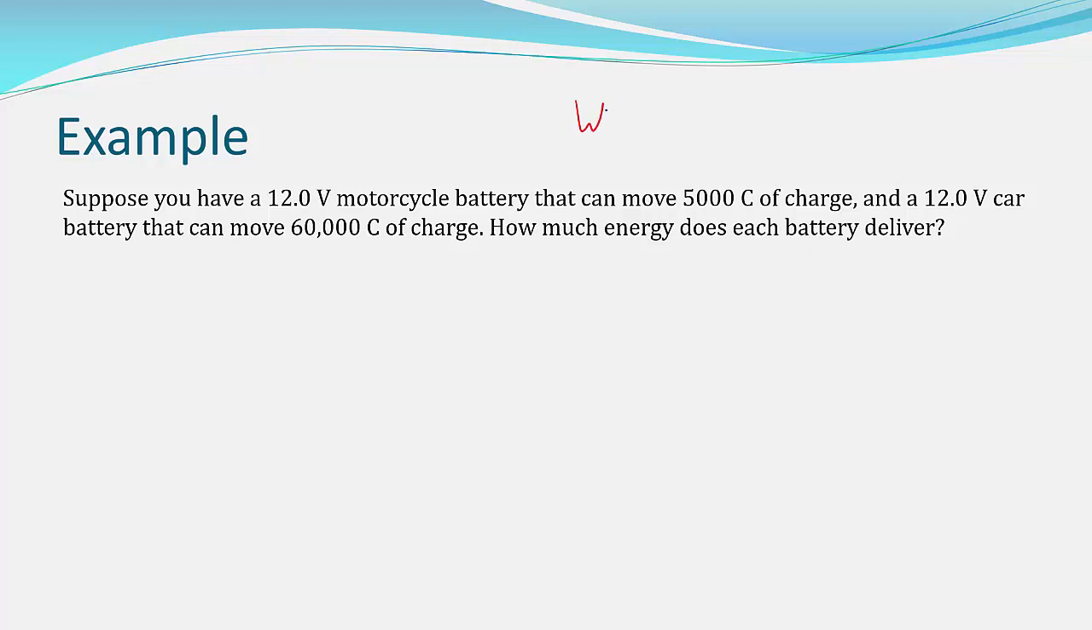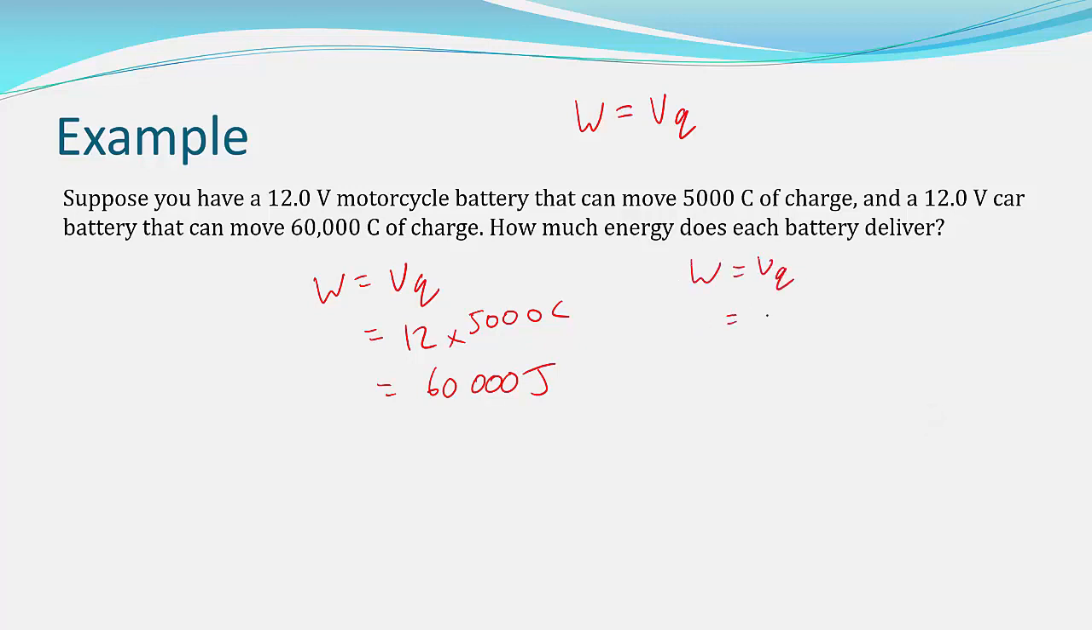So you would just rearrange the equation, as I mentioned before, as work done or the energy transferred is going to be equal to the voltage multiplied by the charge. So for the first case, you would have the work equals VQ, and that's going to be equal to 12 volts times not so much charge, or 5,000 coulombs of charge, and you'll end up with 60,000 joules. And if you did it the other way around, with the car battery, you'll end up with 12 volts times 60,000, and you'll have